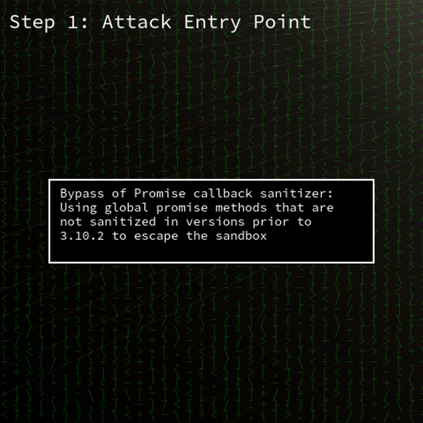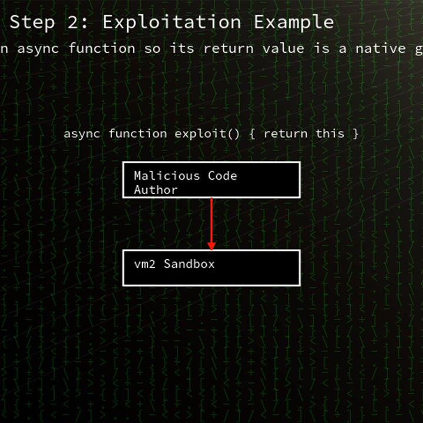vm2 is an open-source virtual machine and sandbox for Node.js, maintained on GitHub by Patrick Simek. It's widely used to run untrusted code securely. Versions prior to 3.10.2 are affected by this issue. The library relies on promise callback sanitization to constrain code, but a gap in that mechanism has opened the door